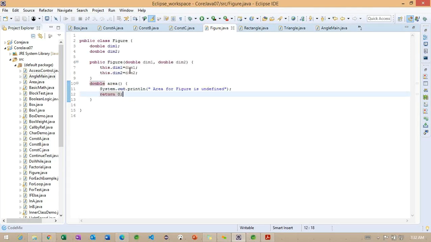So initialization is nothing but what exactly we are doing here. We'll check in the figure class. We are implementing this particular area method. Getting the point. So instead of implementing this particular area method, we can declare the one area method, and wherever we require, we can implement this particular method. We'll see how exactly we can achieve this declaration using abstract classes here. Now, what exactly are we going to use here?